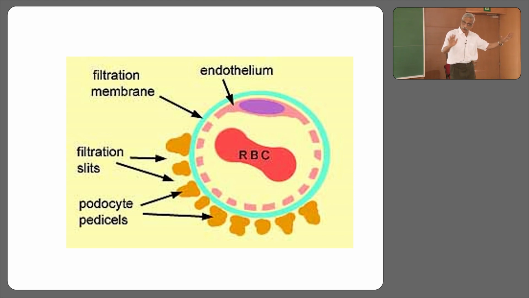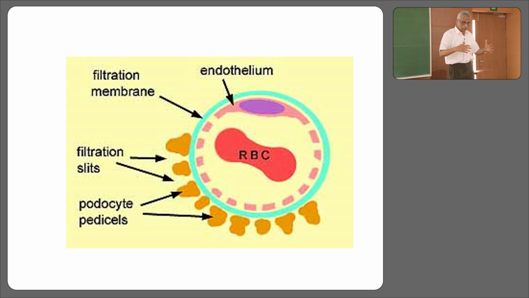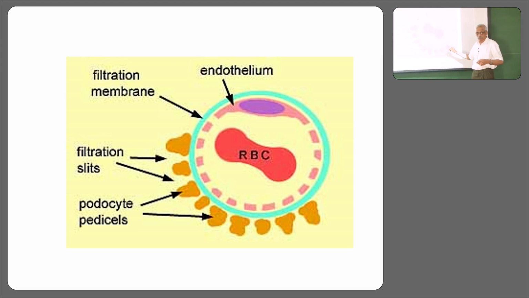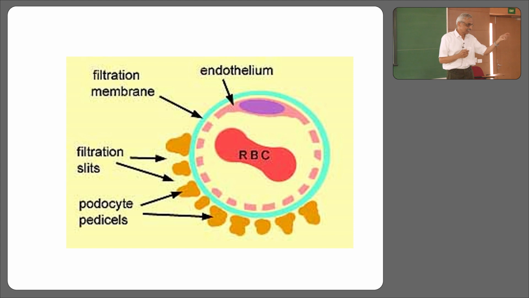Protein molecules. Where are they? The system doesn't want the protein molecules to flow out, and it is under pressure, so there is every possibility that they will flow out. So to make sure that ultrafiltration happens and small molecules go, no problem, but the protein, you don't want to lose protein. And there is a disease in which the membrane loses the charge.